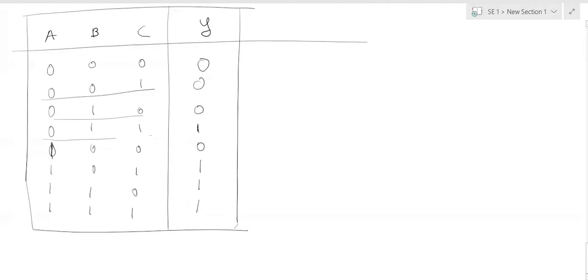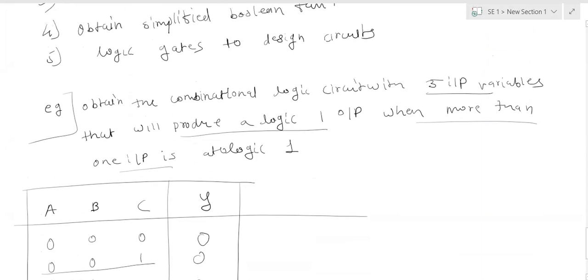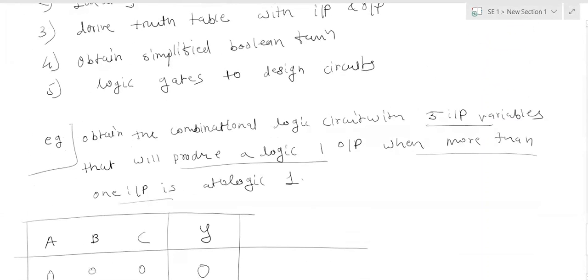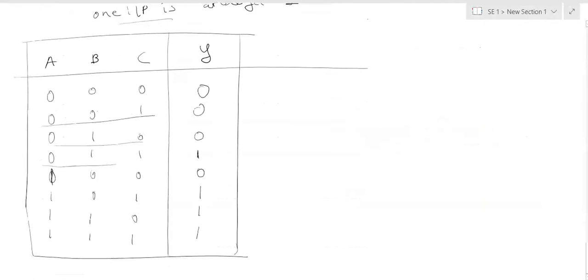Once you have identified the truth table, what is the next procedure? Obtain the simplified Boolean function. We have seen in the first unit how to obtain the expression from the truth table. To obtain the simplified expression, you can use the K-map.